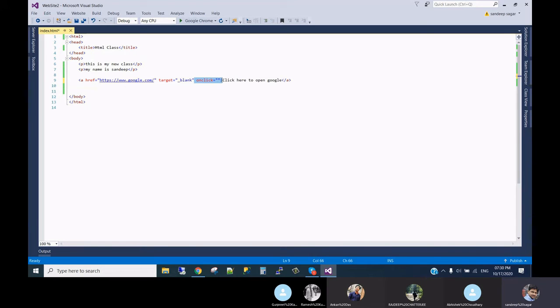So for basics, you can use target blank, or if you are using jQuery and you don't want to use target, you can call a function and redirect. That is very much usable, and we mostly use that in development. Why? Sometimes we want to redirect to the same page from different sections.